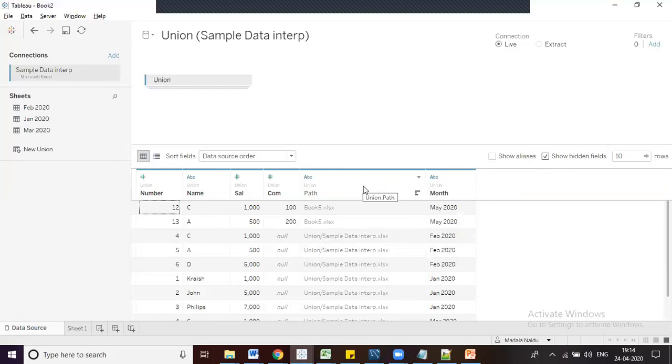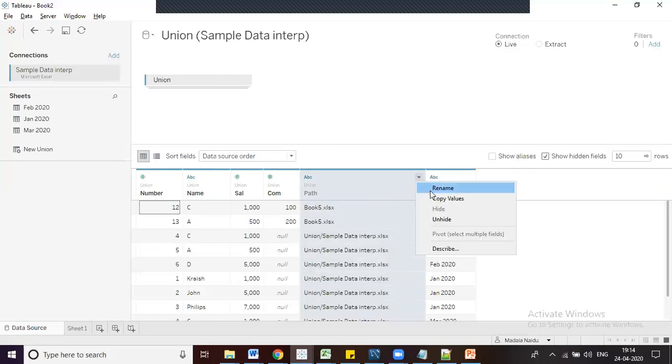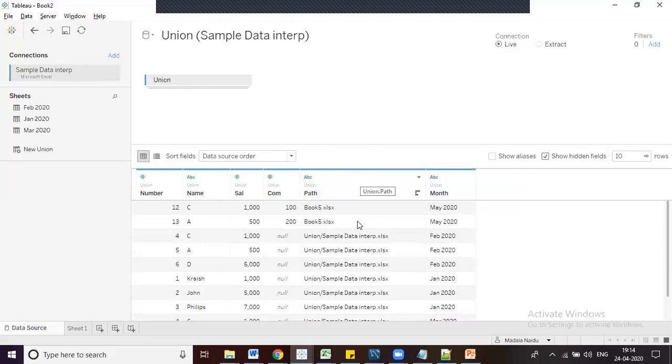Now it is still visible, right? But you still cannot use this in your report, as it is in a disabled state. Now observe the color of this column compared with the other columns. This is grayed out. Grayed out means it is a disabled state. Enabled state means it will be bright. Now I am going to use this column for my analysis purpose. What you have to do is unhide this one. Once you click on unhide, you can see there is no difference between this column and the remaining columns. This is how show hidden fields works. Now you can unselect this one.